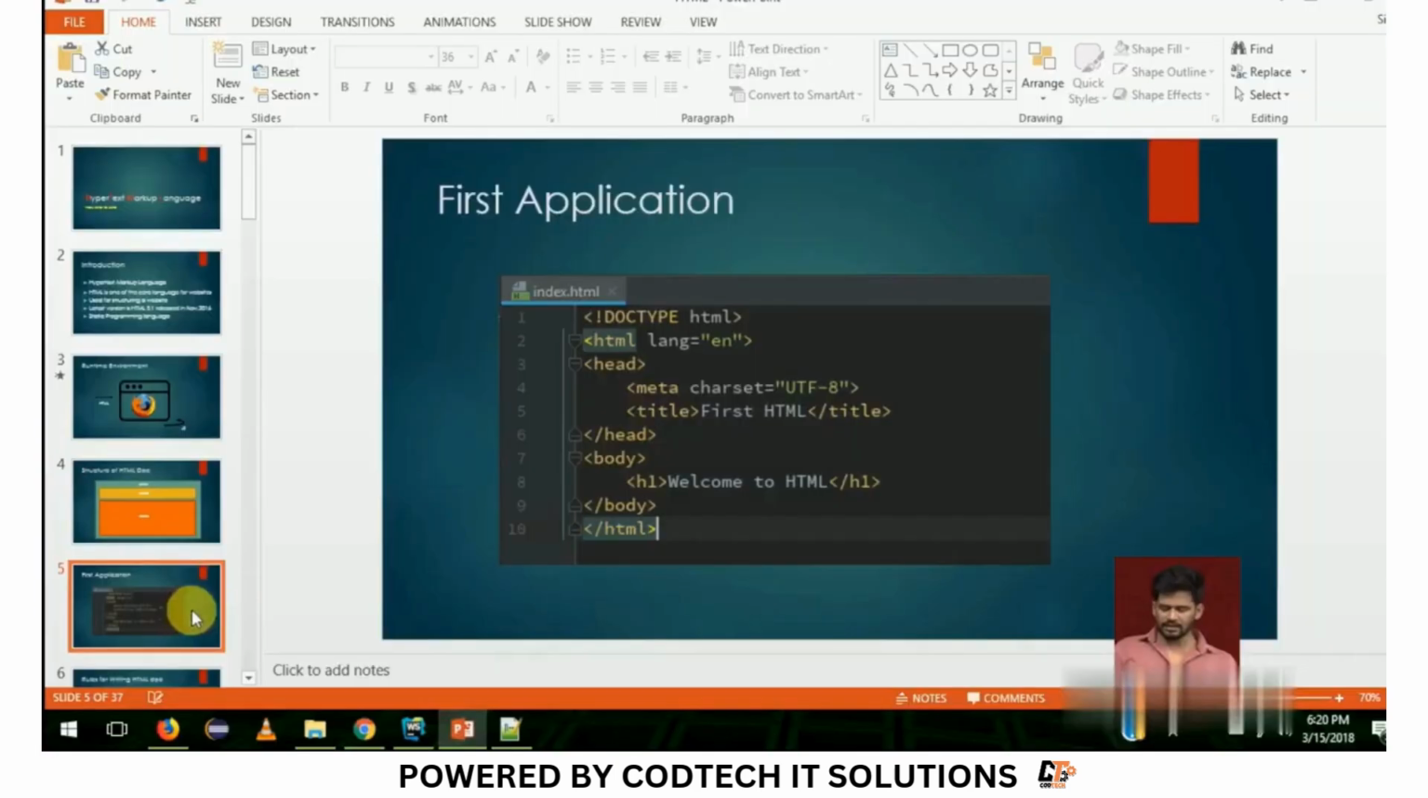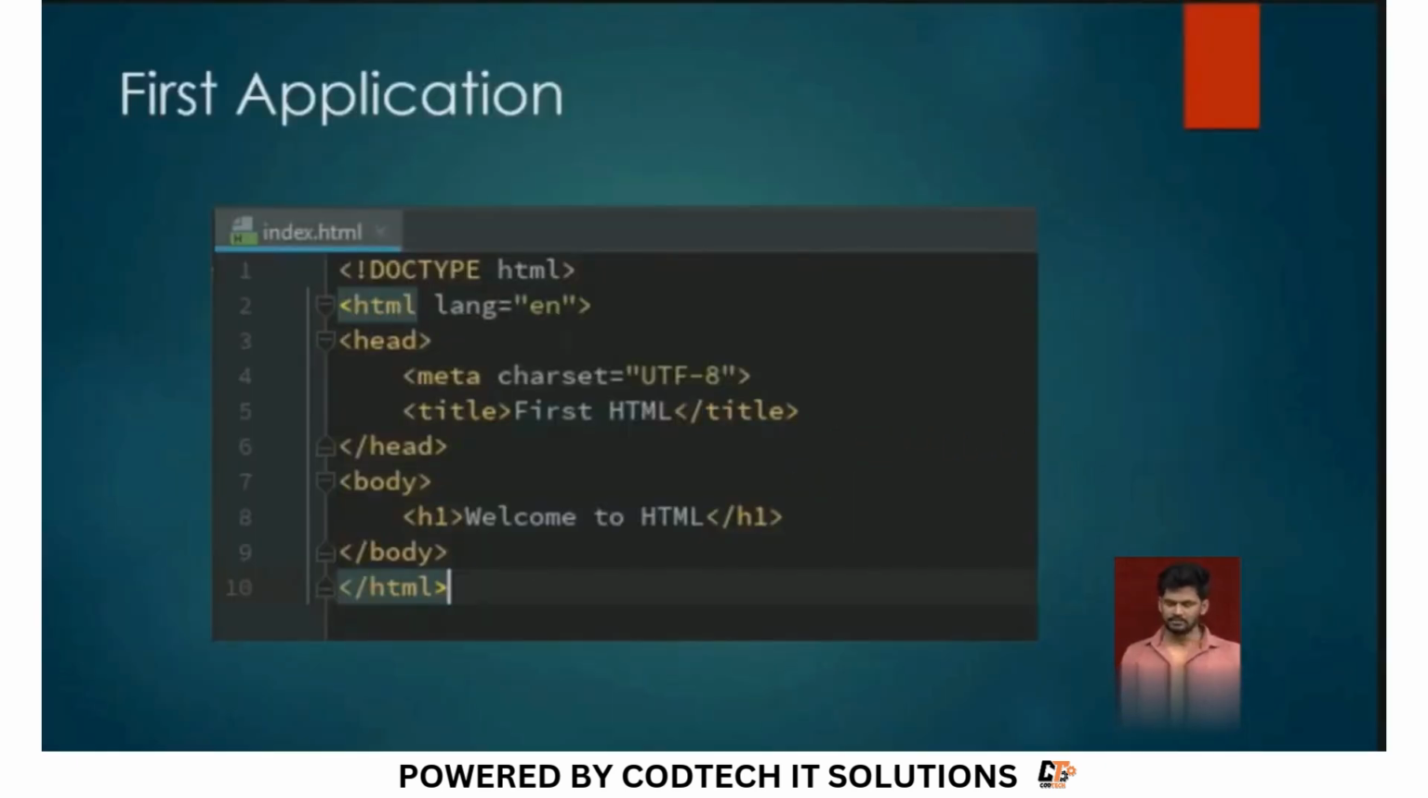Okay, let's discuss the very first application, the HTML first application. If you closely observe, let me expand the screen. See the very first HTML, it looks like this. The very first line is the document type, and from line number 2 to line number 10 is the actual HTML. Any application, any website contains a proper structure like this, starting with an HTML tag,